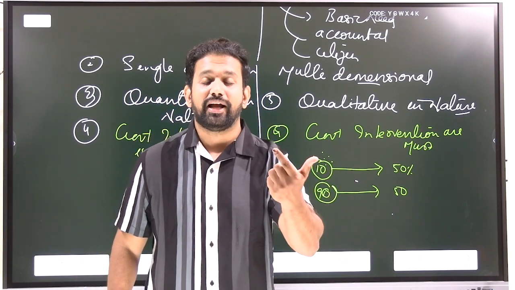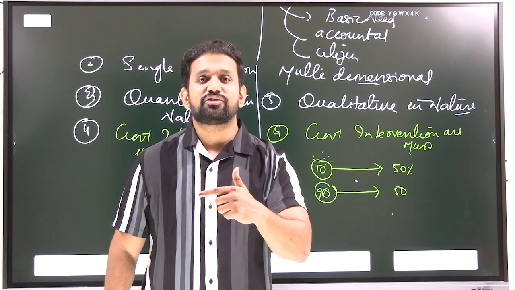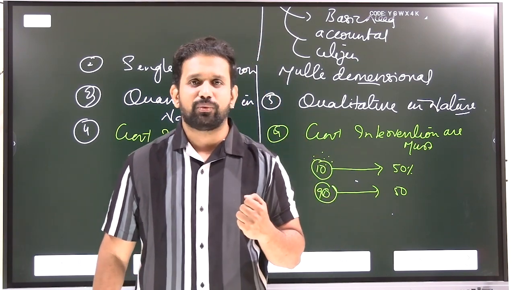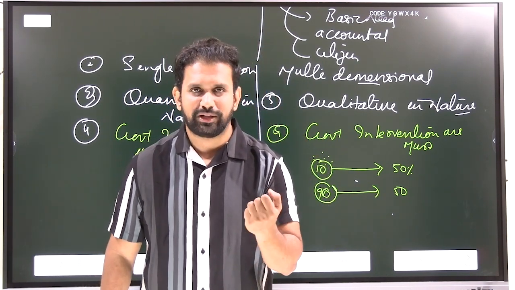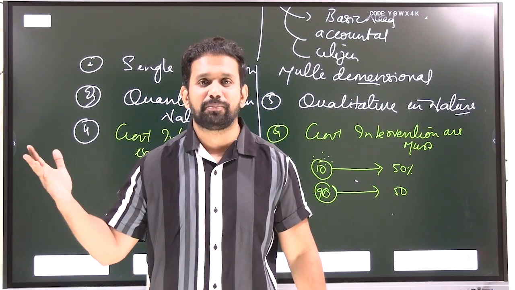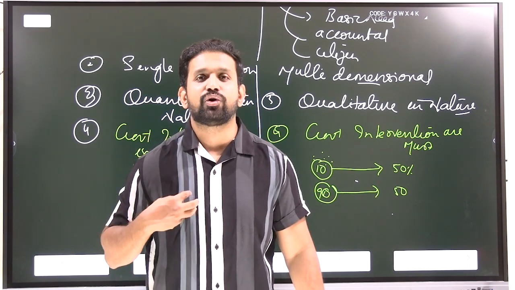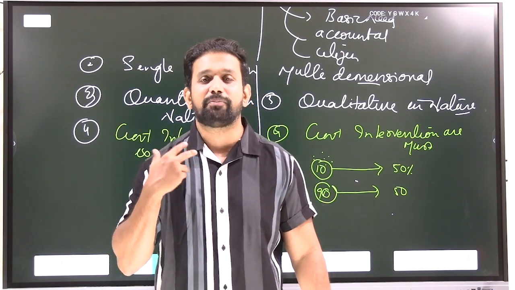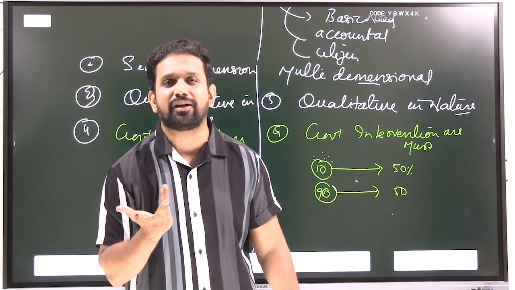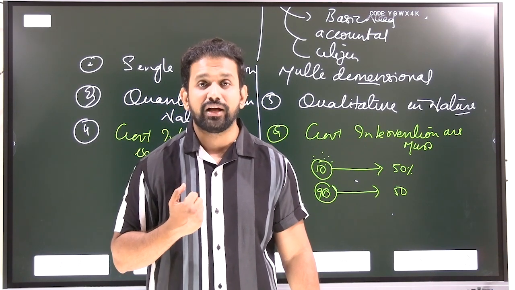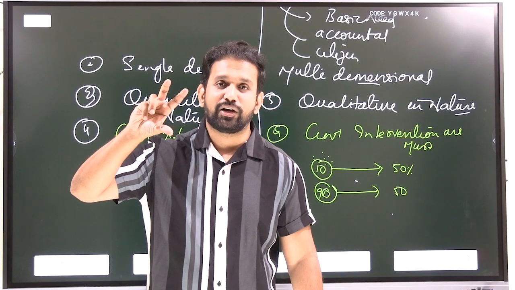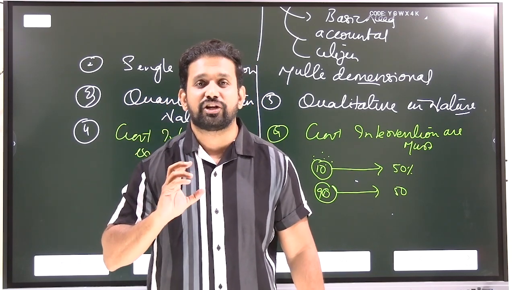One more example I tell you. The government offers Mudra schemes. Okay, the government will take a very low interest rate on the loans given by the government, whereas for a normal private person, it will be higher. If I go and take a loan from the bank, it will be around 14 or 18%. But if I take from Mudra, it will be around 8 or 9%. Right or wrong?